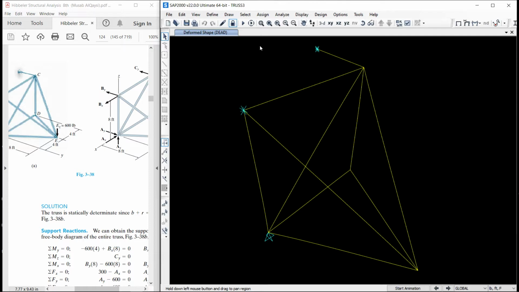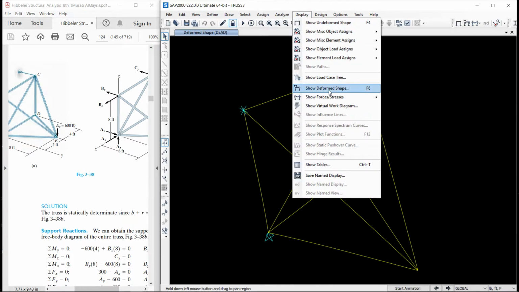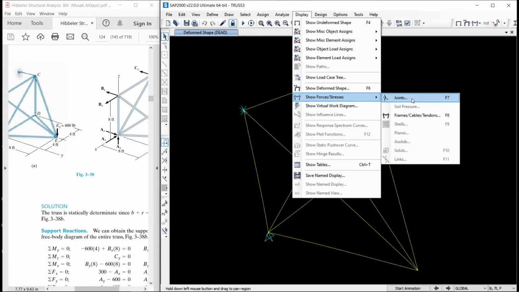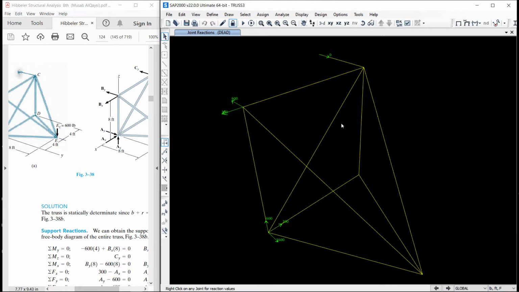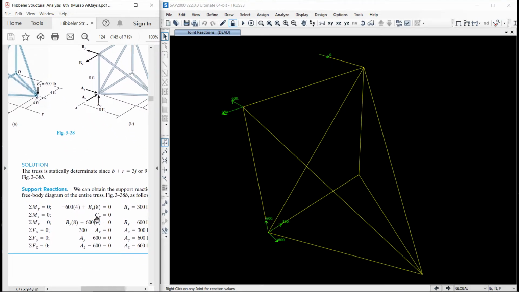So run is complete. Let us display the reactions, support reactions. Now we can see here for C is 0. Correct.